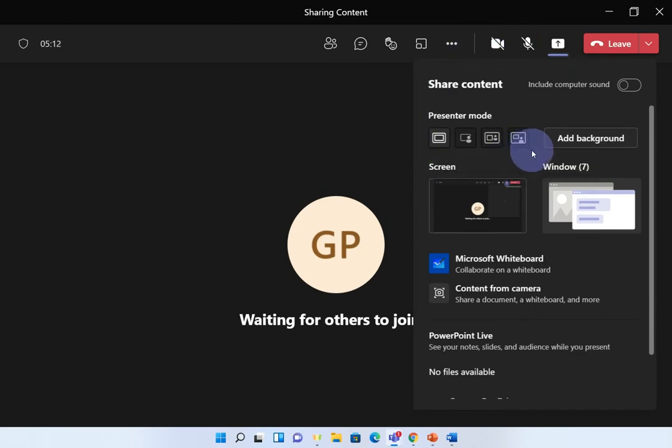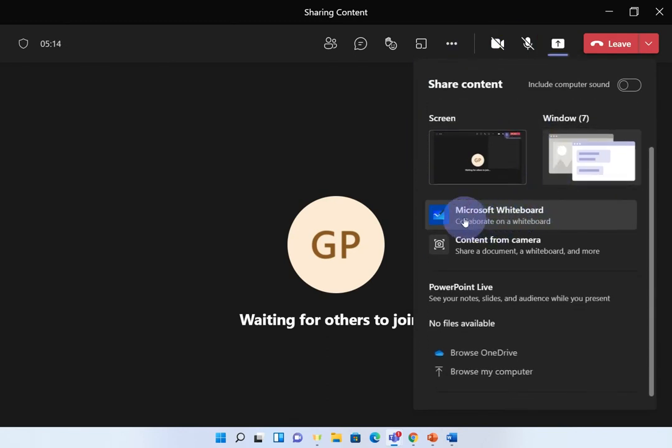Going back into the share tray, we also have the Microsoft Whiteboard. This is what it says in the tin. It allows us to collaborate or present on an interactive whiteboard directly within the Teams meeting. So if I click on Microsoft Whiteboard,